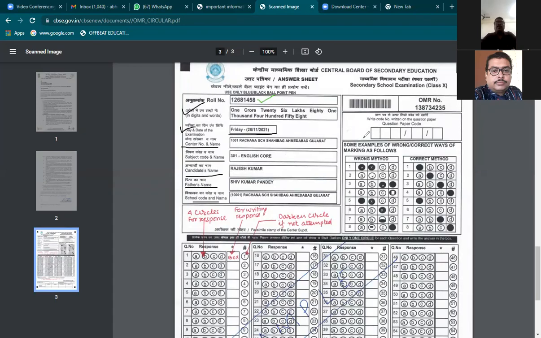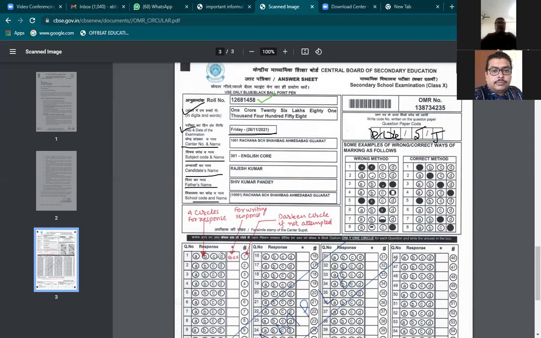Number one, whenever you sit for the examination, first you need to fill up this. This is the question paper code. Suppose the code will be 005/4/J like this. I'm giving you one option; it can also be 004/5/J, whatever you need to fill up. In the question paper booklet, you can find the question paper code.